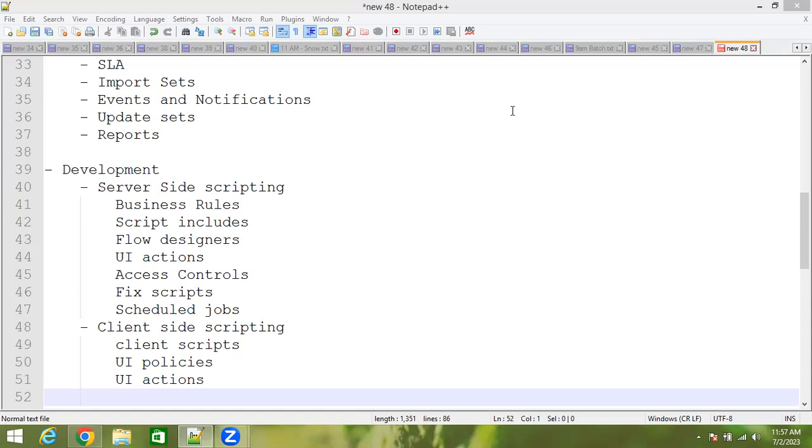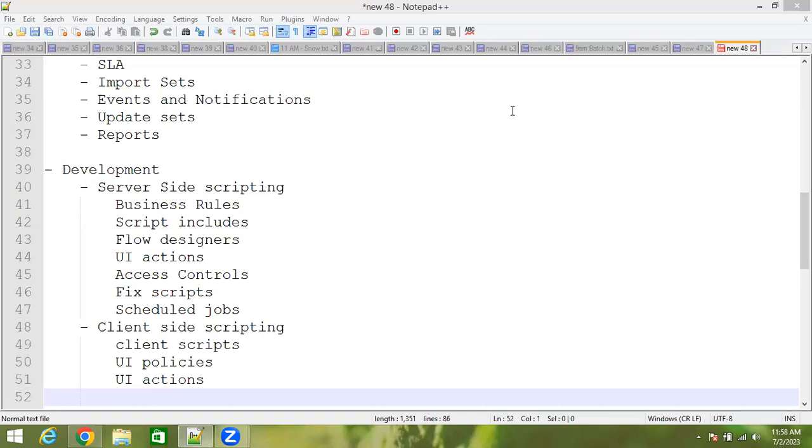ServiceNow will be upgraded, and all the upgrade-related activities will be managed by the support team. Their responsibility is to see that the upgrade happens properly without any issues. The support team will coordinate with the product ServiceNow team. Many other responsibilities the support or administration team will have.